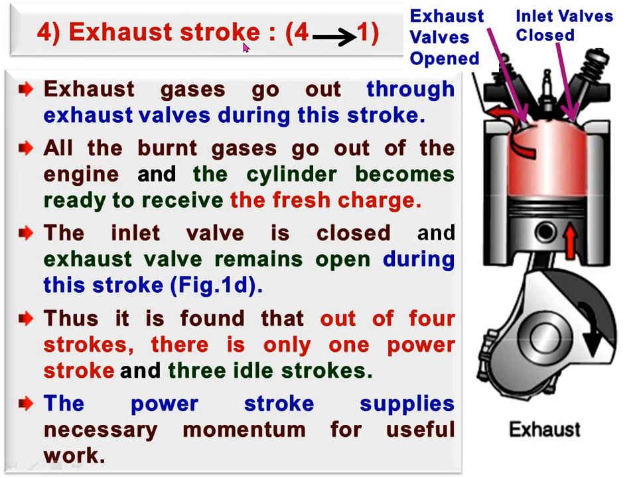Now the next stroke is the exhaust stroke, that is, 4 to 1. Exhaust gases go out through the exhaust valve during this stroke. During this stroke, the piston travels from bottom dead center to top dead center, and at that time the exhaust valve is open, through which exhaust gases or burnt gases go out into the atmosphere, and at the same time the inlet valve is closed. So whatever exhaust gases are inside the cylinder are forced to expel out through the exhaust opening